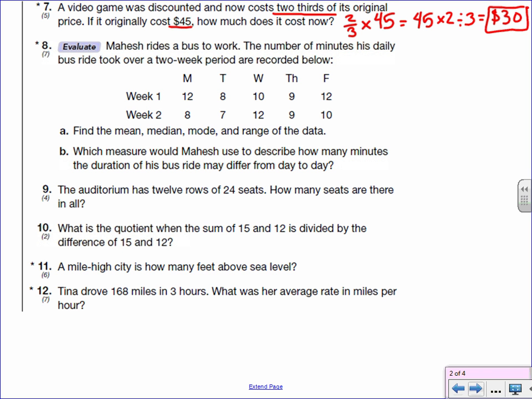Mahesh rides a bus to work. The number of minutes his daily bus ride took over a 2-week period are recorded below. Find the mean, median, mode, and range of the data. Well, to find the mean, we're going to add up all the numbers and divide by how many numbers there are. So we would do, let's see,